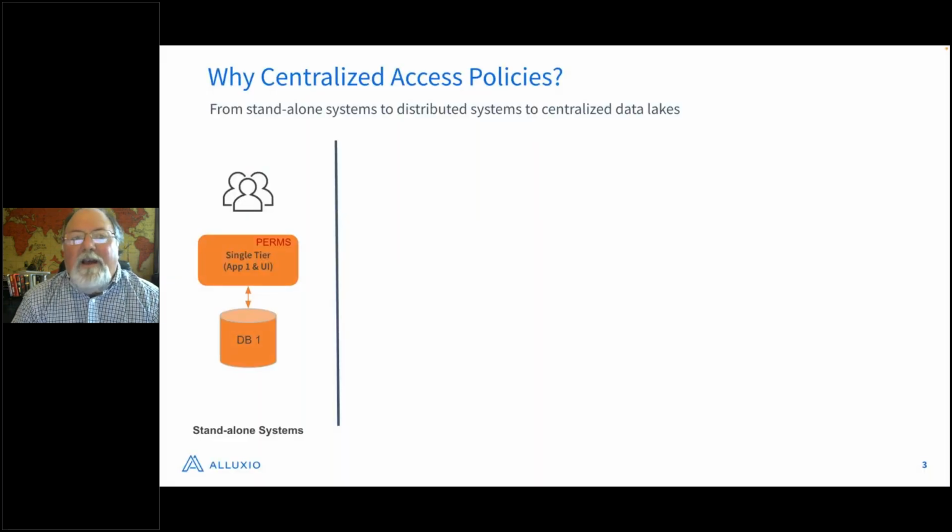So why do we need centralized access management of policies? Obviously back in times previous, where systems were deployed in a homogeneous way, where you had applications and databases and data stores tightly coupled, there wasn't a big need for centralized policy management because the permissions were either hard-coded in the application itself.